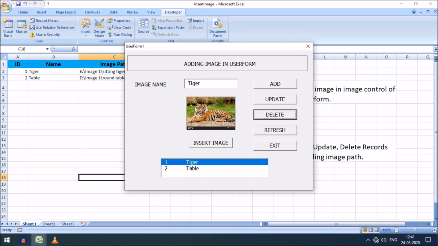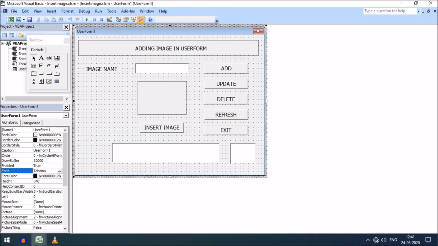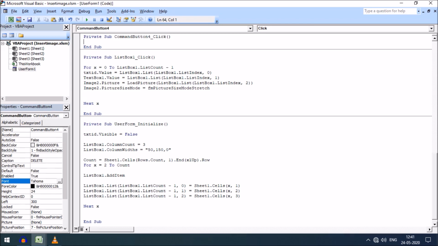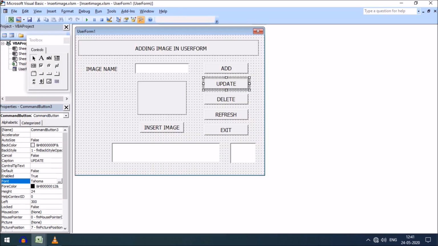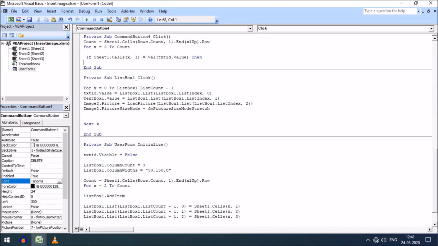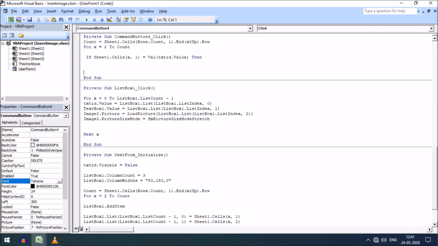Now I want to proceed to deletion of the matching records. So again, I am taking the update section. I can take this up to this. If the record matches, then it will be deleted. So I can write the code for the deletion section here, and if it matches, then I can proceed for deletion. Then I can write Sheet1.Cells(x, 1).EntireRow.Select,